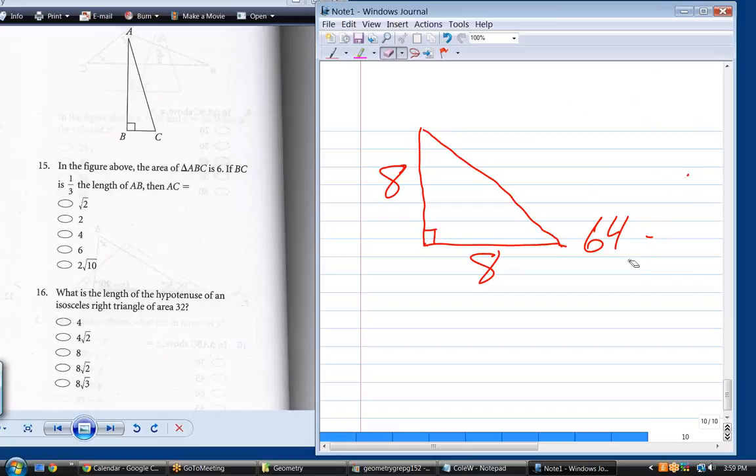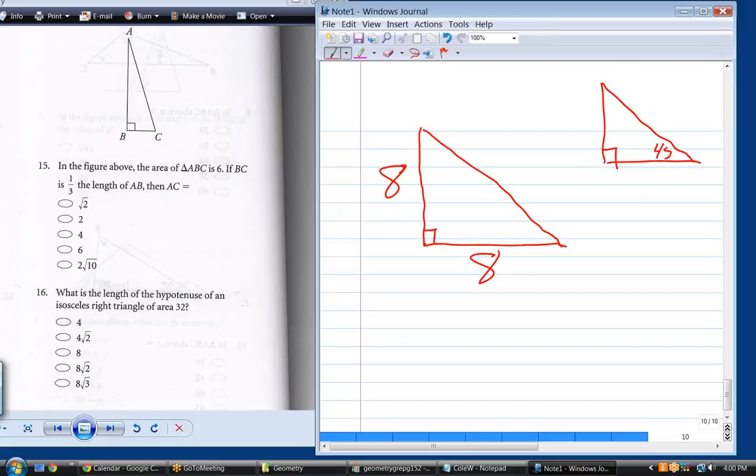You've got two ways to solve for the hypotenuse. The hard way, to me, is to use the Pythagorean Theorem. In other words, the hypotenuse is the square root of this squared plus this squared. That's certainly one way of doing it. But there's, to me, a much easier way by comparing it to the